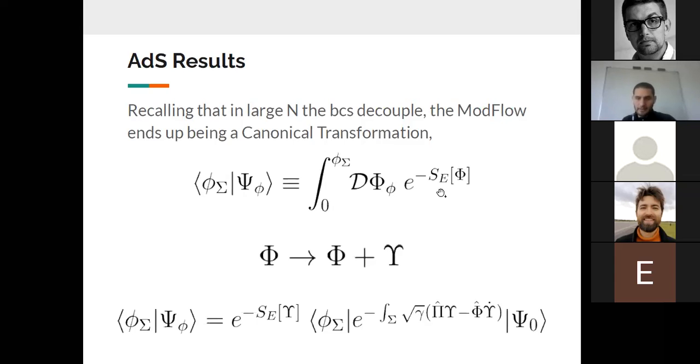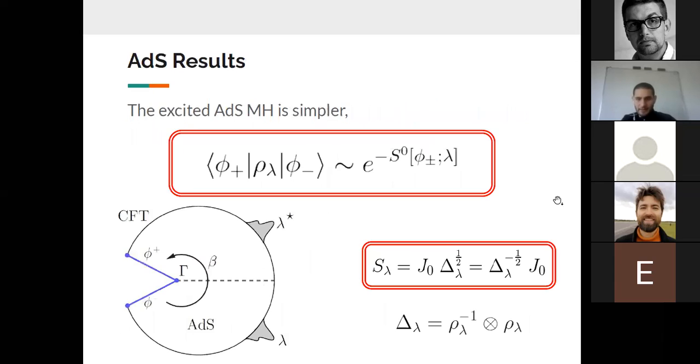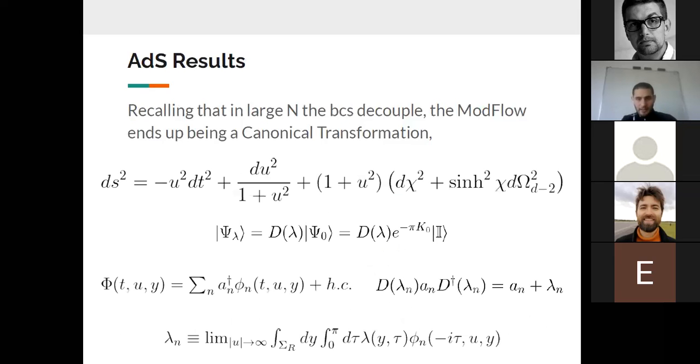If we take the large N limit, the fields become free in the AdS, and one can split and decouple the boundary conditions deformation from the fluctuations. You can write the field like this, and this has some interesting consequences on the modular Hamiltonian structure, because you can see that in this approximation, let's say for AdS-Rindler structure,